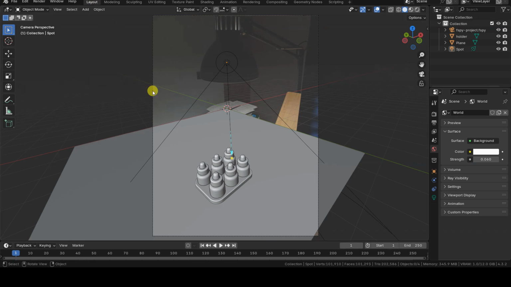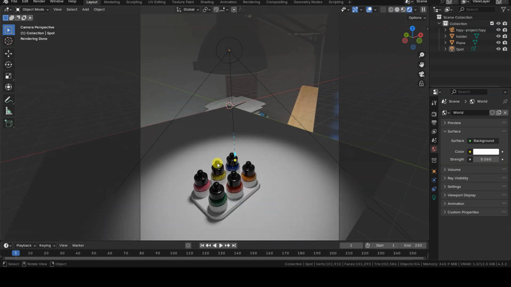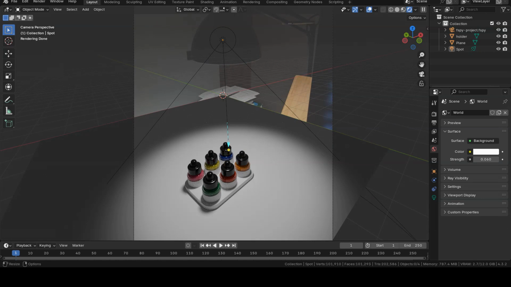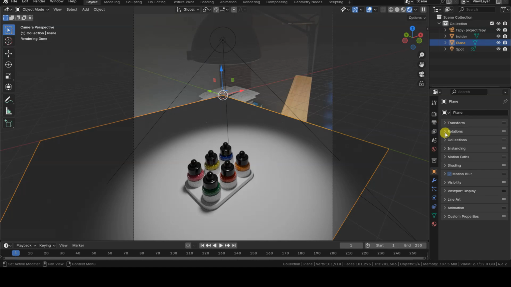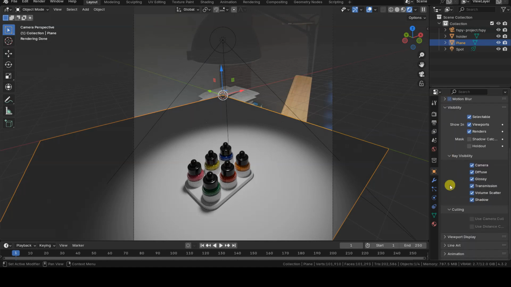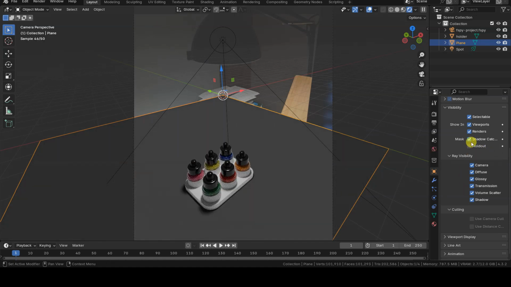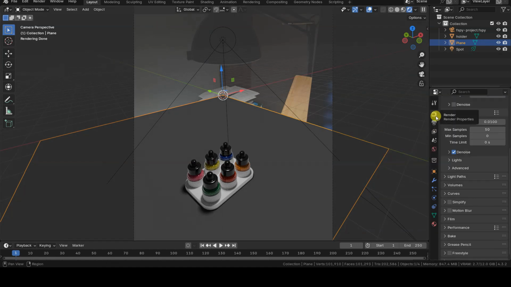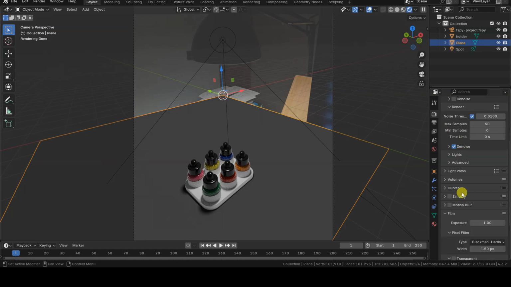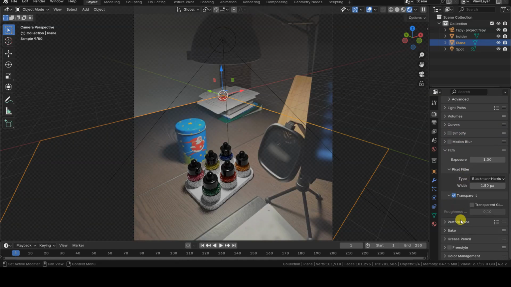To render only the object to be inserted into the photo while keeping its shadows cast on the plane, we need to perform 2 operations. The first step is to select the plane and any other objects you want to hide, and enable the Shadow Catcher option for each of these objects in the Visibility section of the Object Data Properties tab. The second step is to activate the Transparent mode in the Film section of the Render tab. This mode will hide both the virtual universe background and the objects marked as Shadow Catcher in the final render.